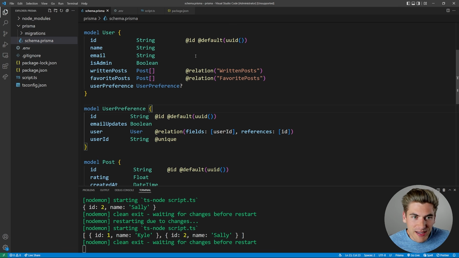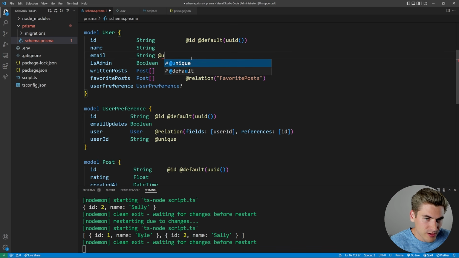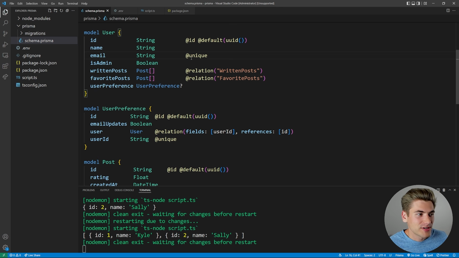And one of them is the unique attribute. For example, we want our emails to be unique. So we can just put an @unique on our email, and now every single email is going to be unique. Now the last kind of attribute I want to talk about, at least field-based attribute, is going to be the